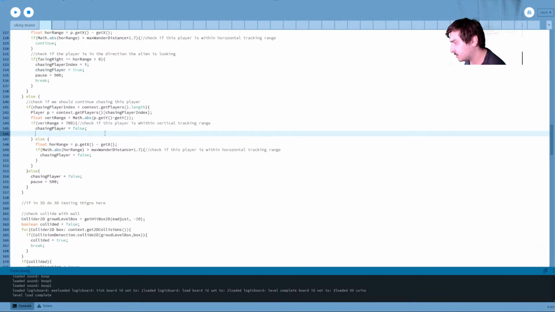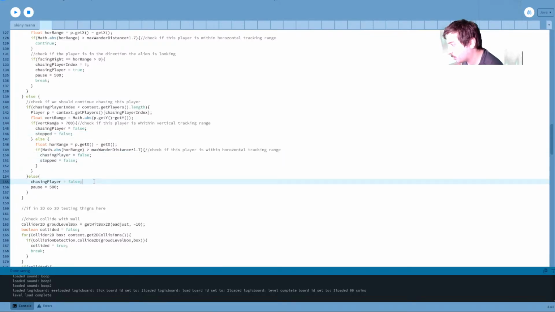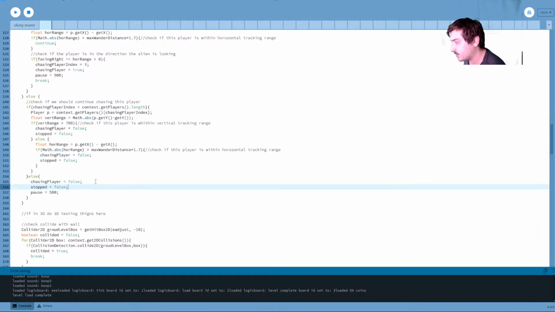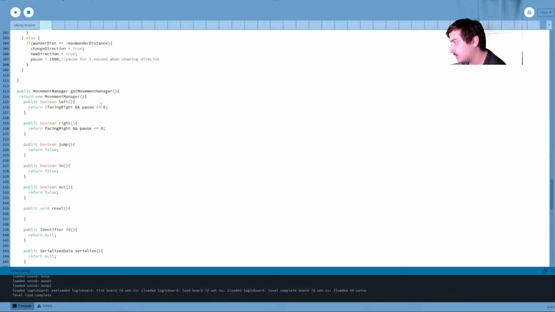So wherever we're saying chasing player false, we'll say stopped equals false as well, just in case it was stopped and you went through the portal and then you're not in this stage with it anymore. Okay, then we go down here and say and not stopped. And not stopped. Alright.